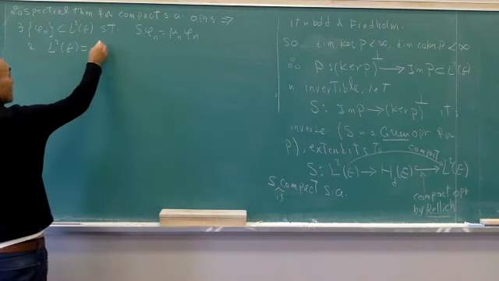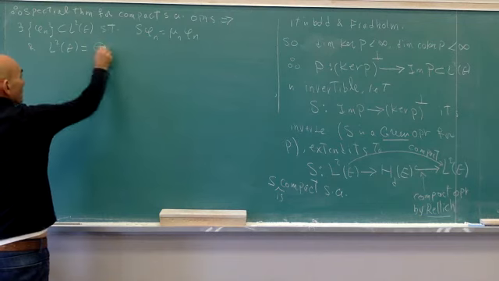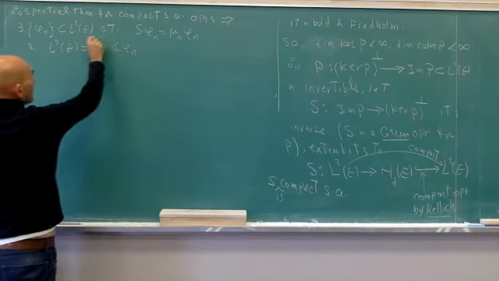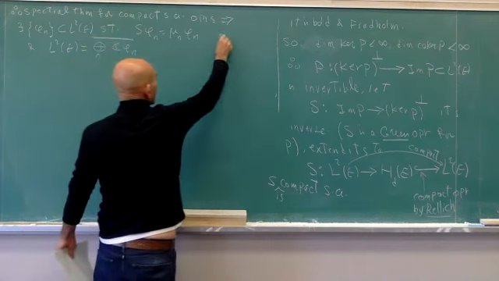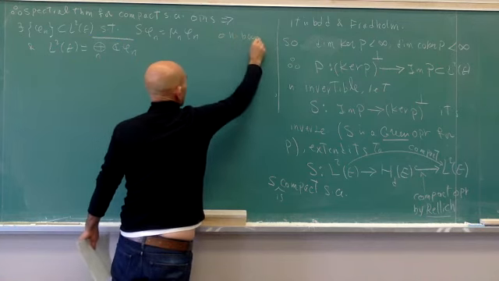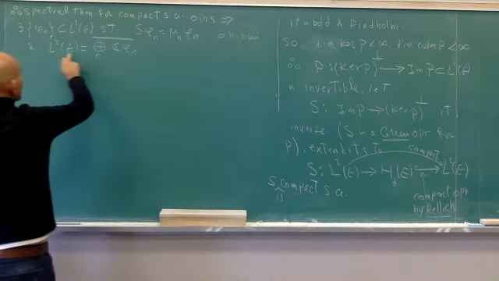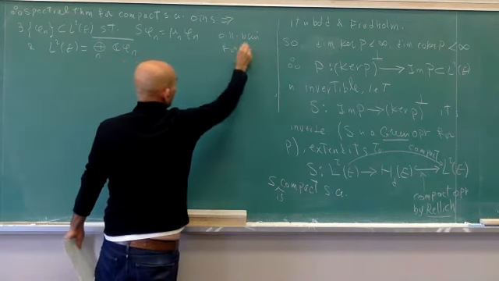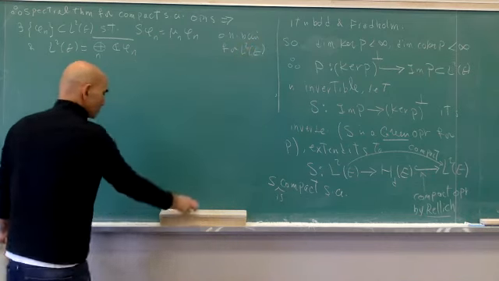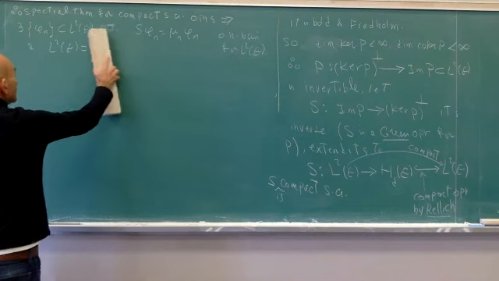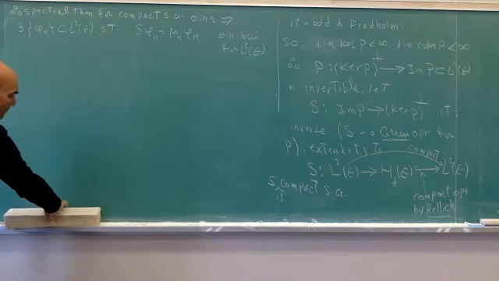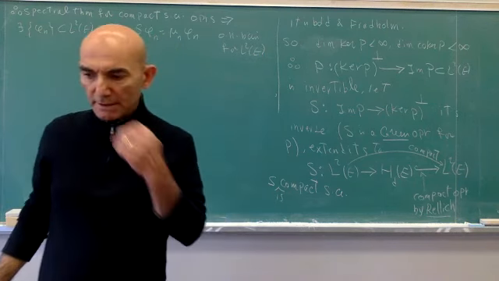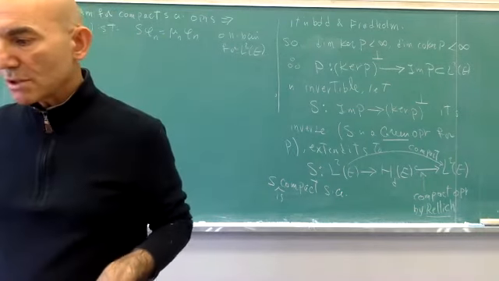And L2 of E, you can just say is the direct sum of C phi n over n, an orthonormal basis. Because I said orthonormal basis, even to say this is redundant. I already said orthonormal basis, so I don't even need to say this. Okay, so we have got an orthonormal basis consisting of eigenfunctions for S